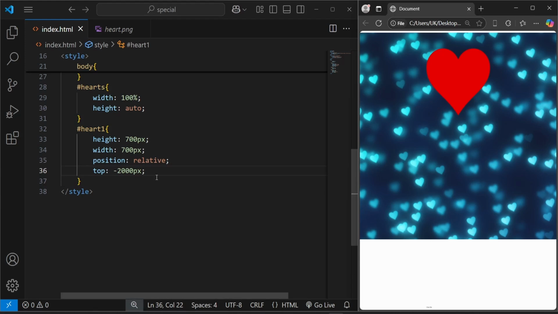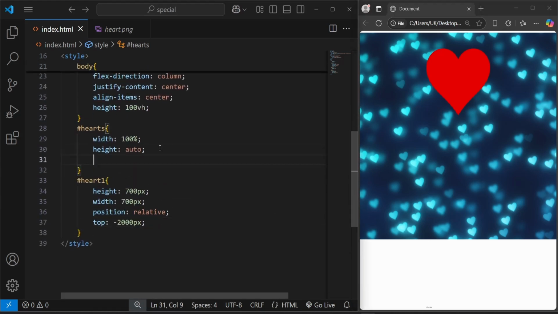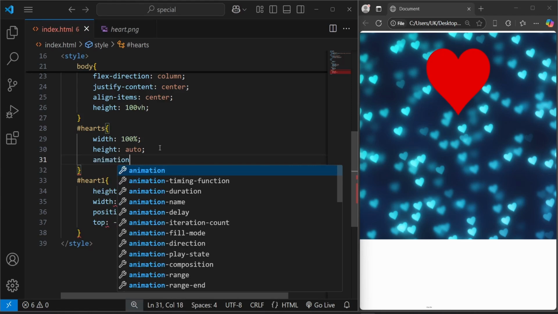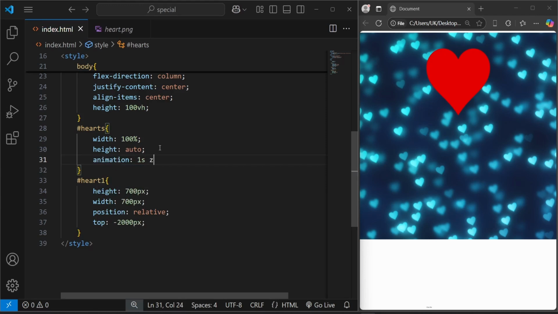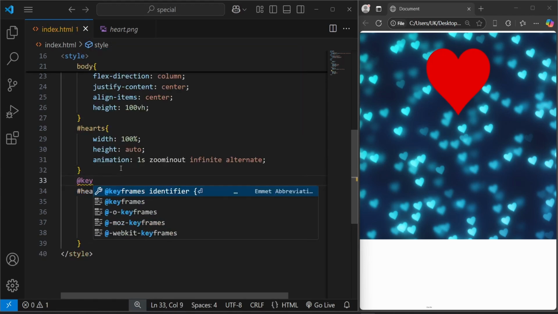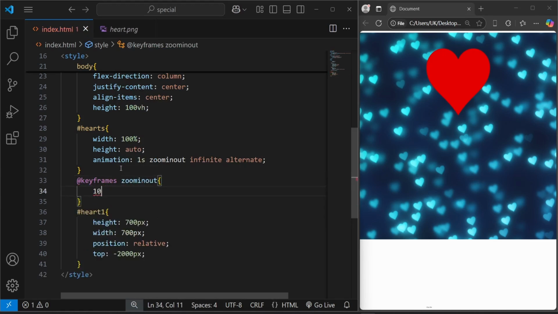For this page, we should add the keyframes and animation for both images. First, I'm adding keyframes for this art's image. I'm giving the animation 1 second, which is zoom in and out, infinite, alternate, and you should add the keyframes for this animation, zoom in, zoom out. Keyframes zoom in out. I'm giving 100%,